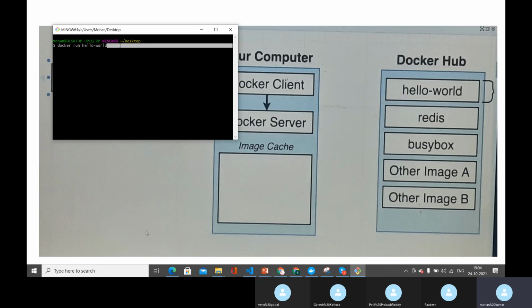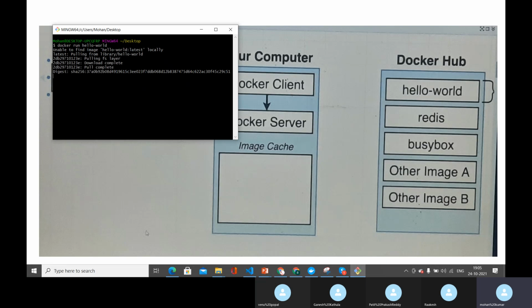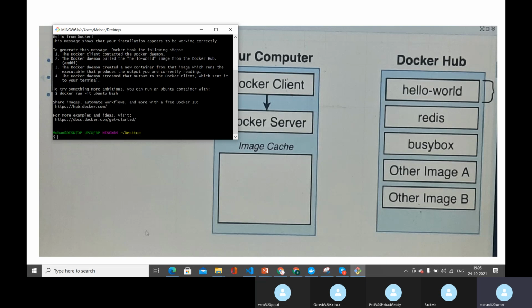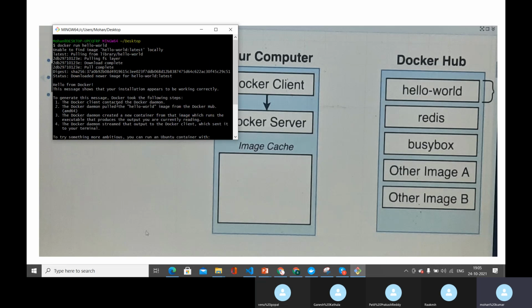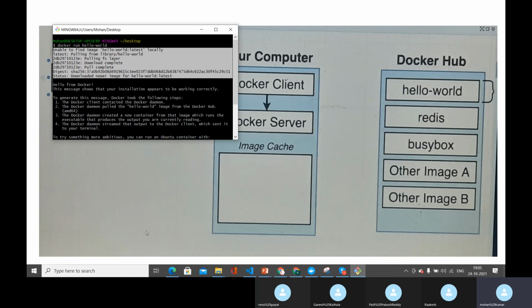So earlier we have seen an output when the hello world image is there on the local, right? It's in the cached images in my local. Now I don't have this image in my local. Let's see how the output looks. Yeah, if you see the difference, earlier you haven't seen any of these steps, right? You were seeing the output directly from here.